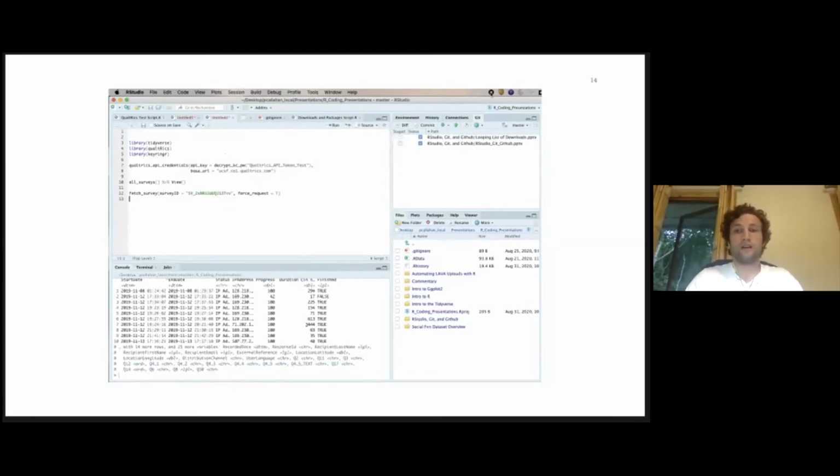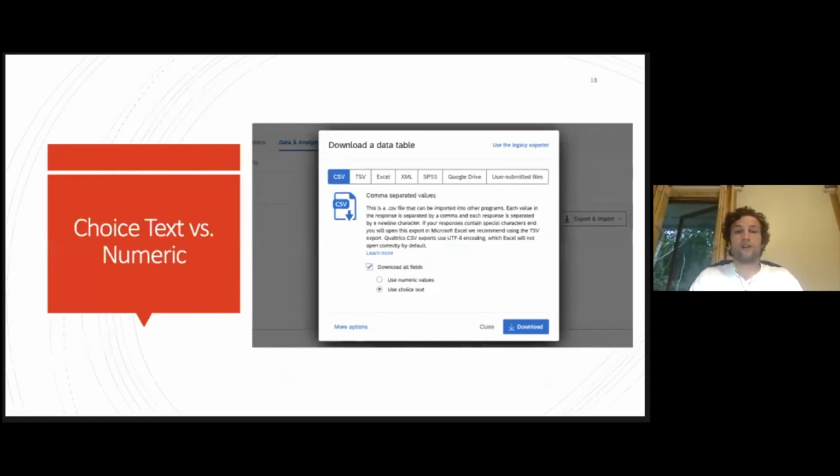So there are a couple of things I want to note about that quickly. I want to quickly talk about the output method of the data when we use this API kind of request. So if you've ever exported data from Qualtrics, you probably know that you can either get output that is the exact text or choice text version of the data, or you can get the underlying numbers or numeric output. The format of the data is going to be at your own group's discretion. But what I do want to say is that